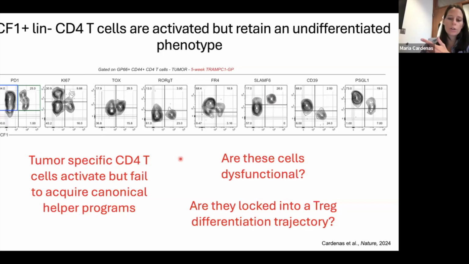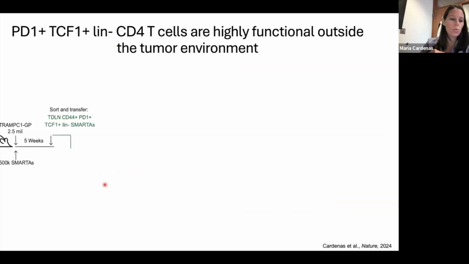And so our next question was, well, are these cells just completely dysfunctional? Some people have called them anergic. So we were wondering, are these cells in fact dysfunctional because they got primed in an anti-tumor response, or are they just locked into this Treg differentiation trajectory because they got primed in a cancer response? And so to address these questions, we put in tumor-specific CD4s, and so we put in SMARTAs. So these are TCR transgenic CD4 T cells that are specific for the LCMV glycoprotein. So we put them in day -1, we inoculate with tumors,